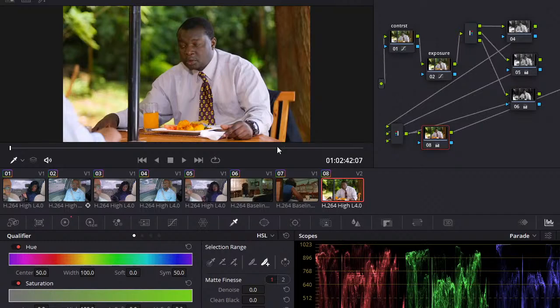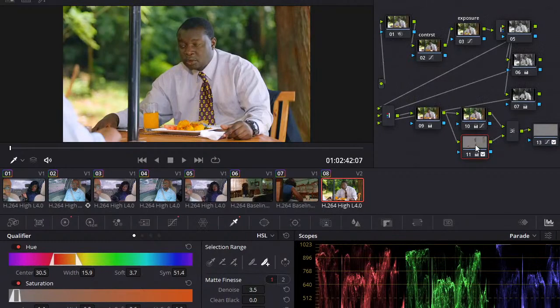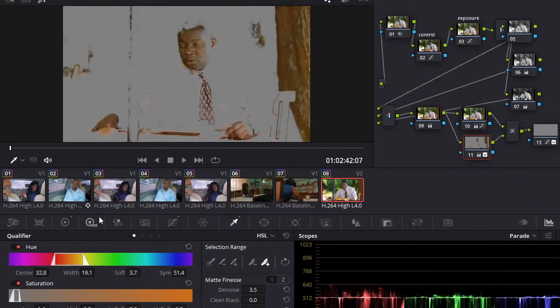Now to show you, because this one is an extremely dark person, to show you that the skin tones will still remain, I've selected the skin node and let's look. You see, the majority of his skin, of course, this one needs quite a bit of fixing, but it's not something so big that it can cause an issue. I think that helped improve it a lot.